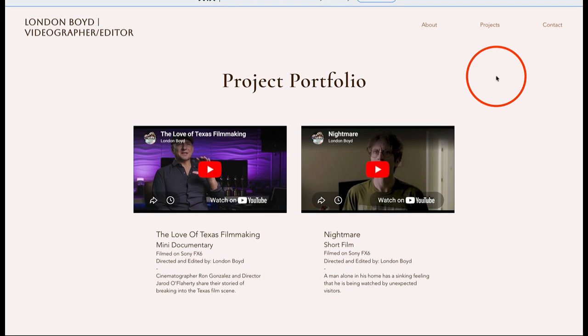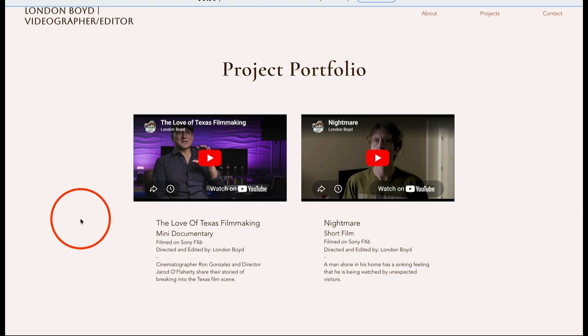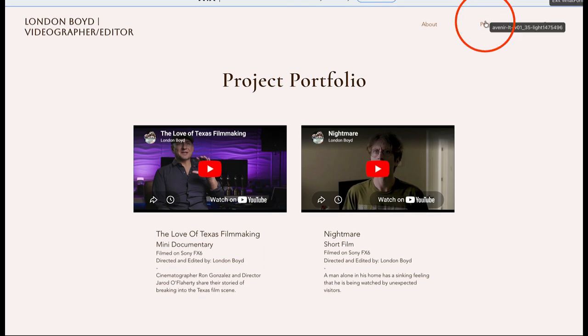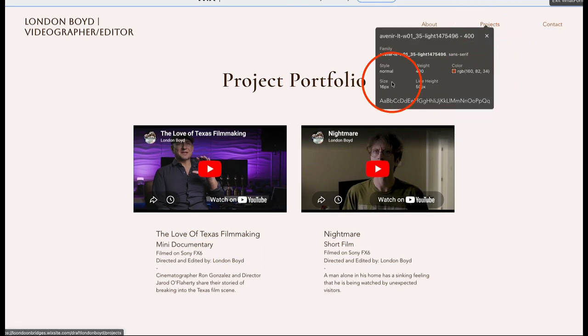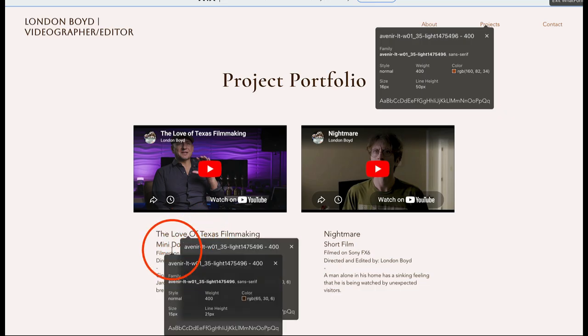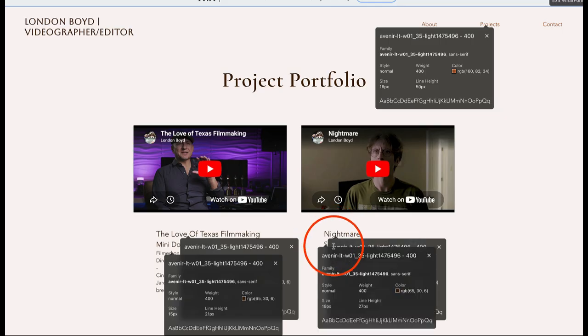You have 3 fonts that you're working with. This one is a little different from that one. And let's just check real quick. Okay, Avenir 16 point. And this is light. 22 and